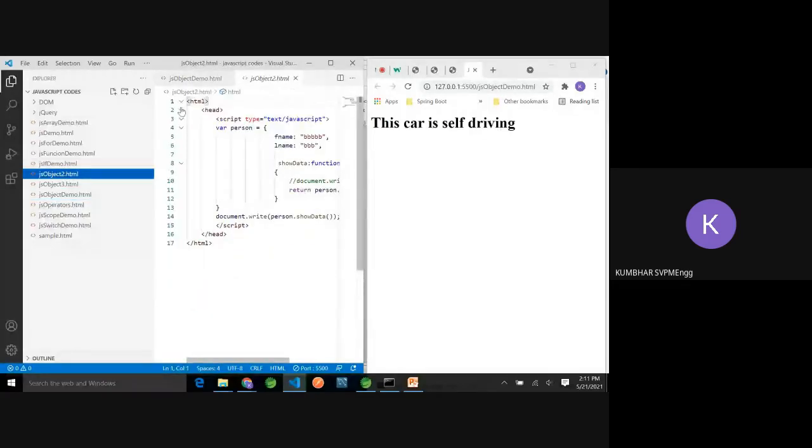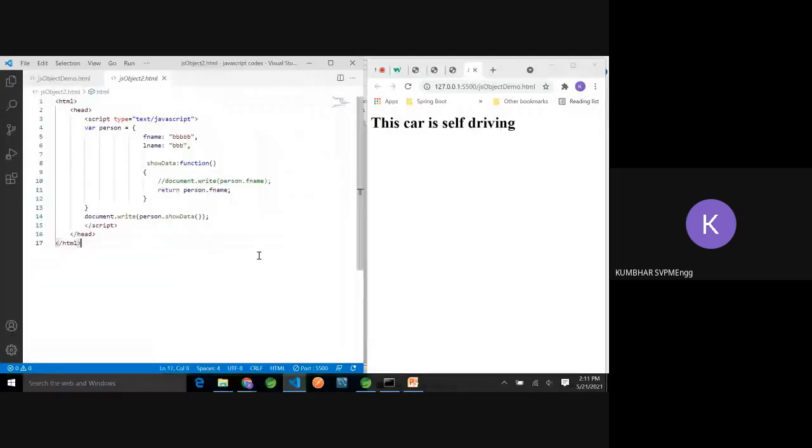So how to define an object in JavaScript? This is an example. Suppose I want to define a person as an object. So person object equals curly bracket. Then you have to define the variable name, colon, and its value, meaning attribute and its value, attribute and its value. Let me talk about the function later on.